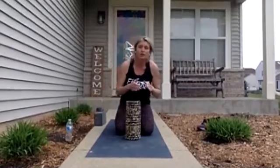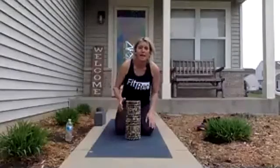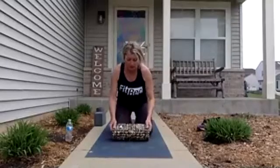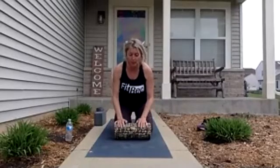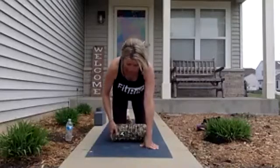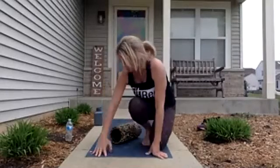But just know that if you feel like all of a sudden you're having to use your triceps, forearms and your core, that's normal. I'm going to allow you to come back up and finish both sides. All of this, remember, can be done all the time, for at least 10 to 20 minutes a day. It would not hurt anyone. And the last one we're going to do on the ground for right now